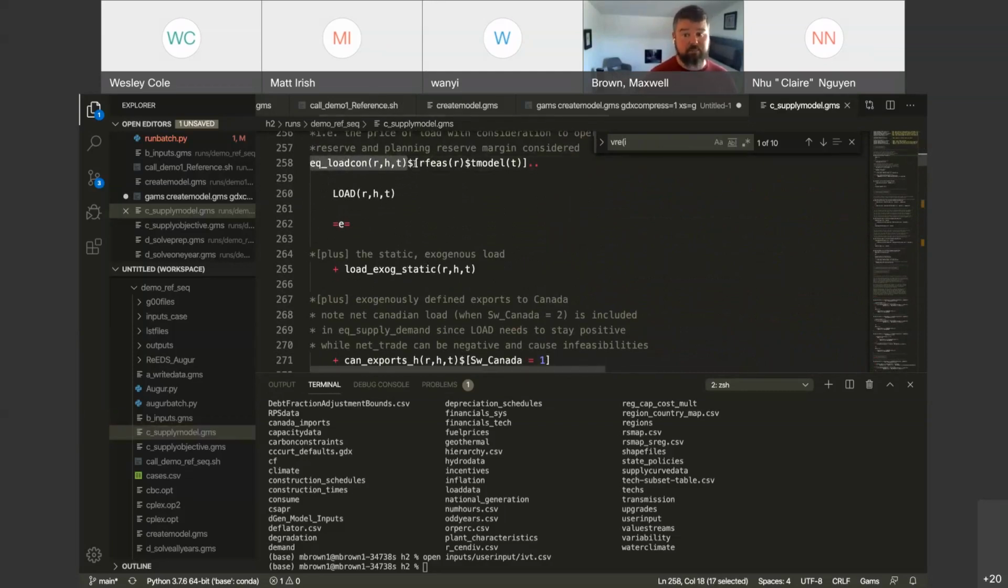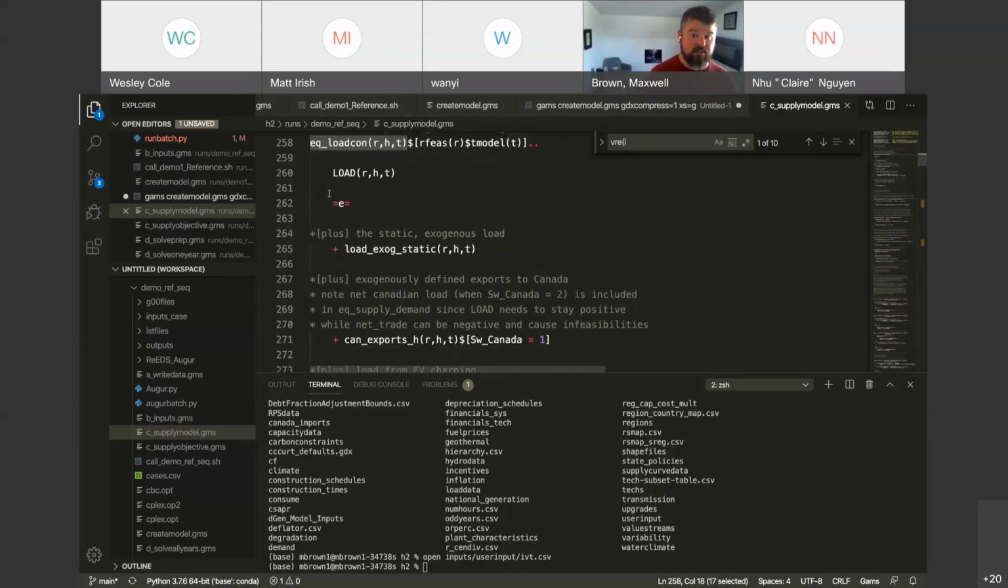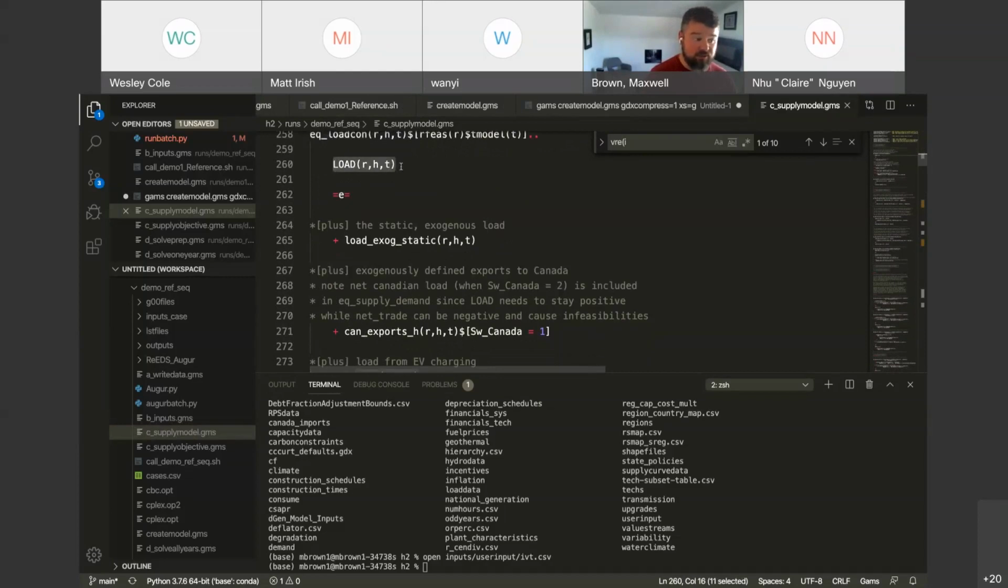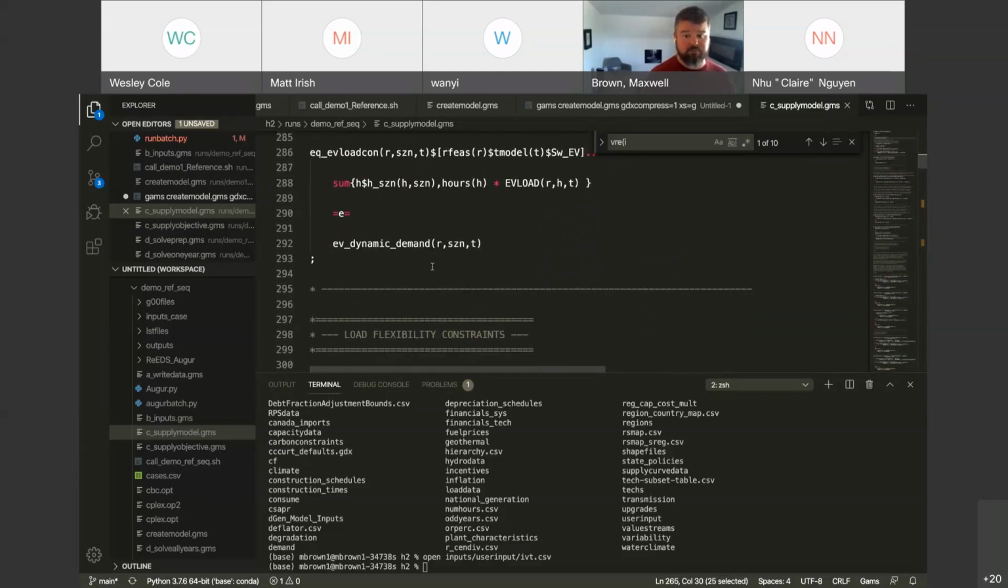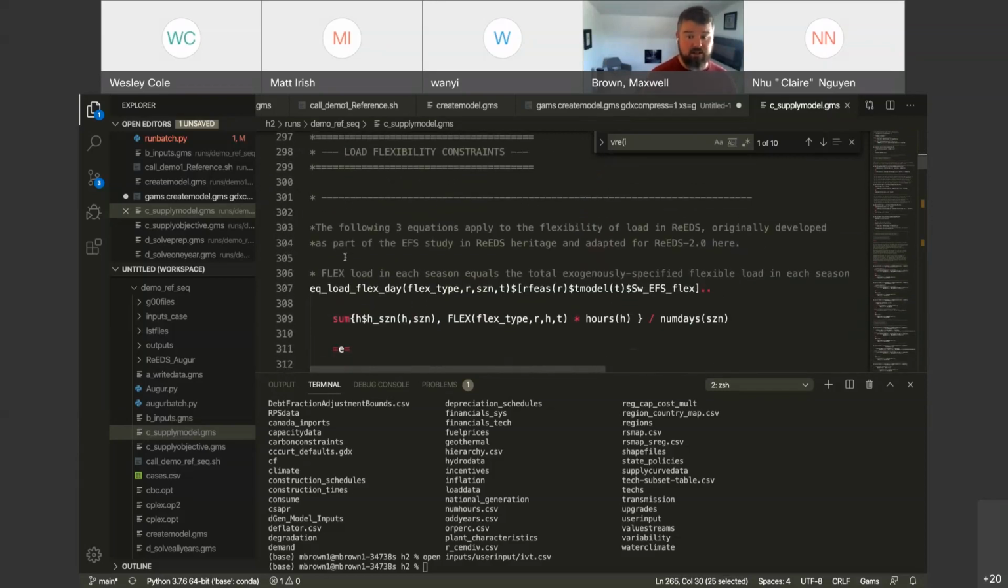I had to define it up top, if R is ReEDS and T is model T. What I'm saying here is very simply that the endogenous load to the model must equal the exogenous load, the static exogenous load, plus a few other parameters. Our EV load constraint here, we're summing over different dimensions, all these sorts of different things. For the most part,